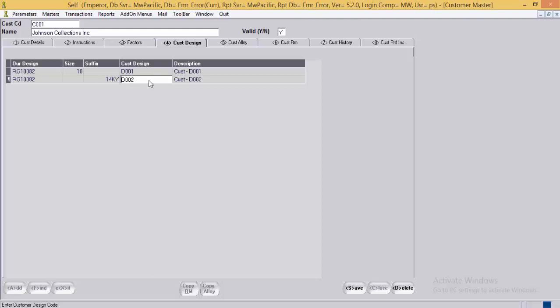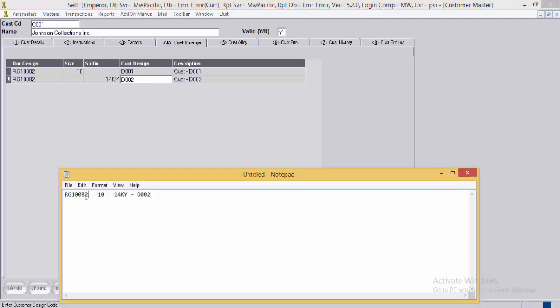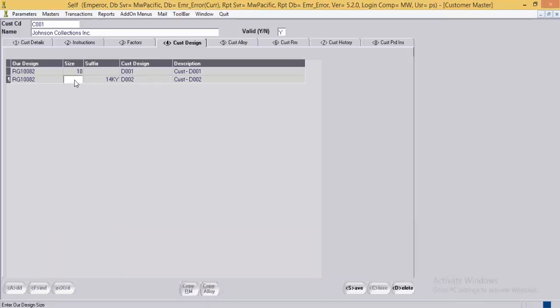Now, if an order has been received for design RG10082 in size 10 and in suffix, that is variation, 14 karat yellow, to get the customer design code, the system will see the second row in which the user has mentioned our design code and the suffix, and the system will get the customer design code as D002. That means the system is always giving a first preference to the suffix field to get the customer design code.